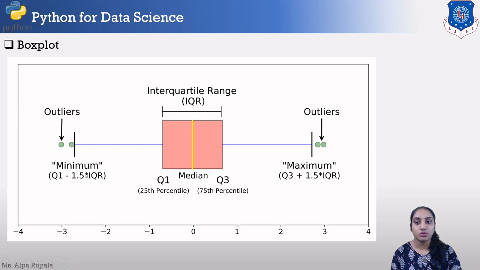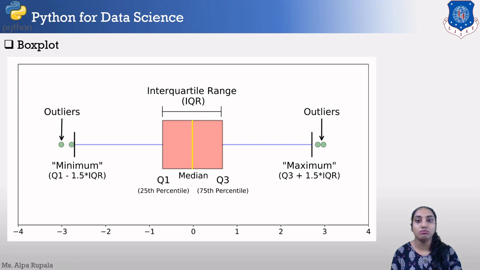But suppose by the formula for the minimum we get the value 7, then the values 1 to 6 will be counted as outliers. Similarly, the maximum value is 100, but suppose by the formula for the maximum we get 92, then 93 to 100 will be counted as outliers.